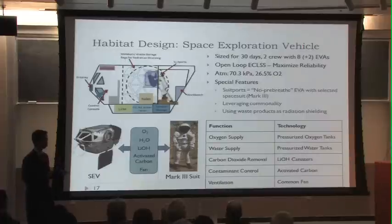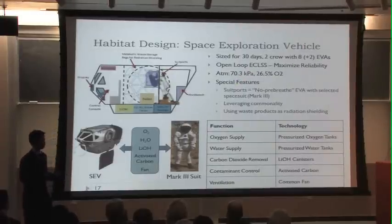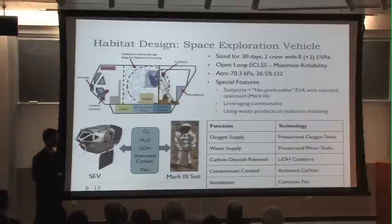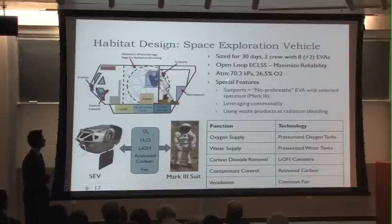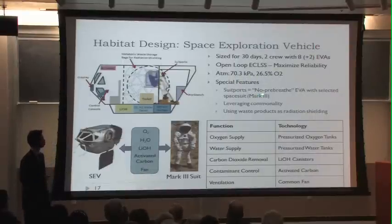A more closed-loop one would be more mass efficient, but it would be less reliable. And one of the main rules of thumb that we've been using throughout this entire mission architecting exercise is crew safety is king. The atmosphere we chose in here is slightly different from the deep space habitat atmosphere. It's 70.3 kilopascals, 26.5% oxygen. This allows you to do basically a no pre-breathe EVA if you choose this next generation spacesuit called the Mark